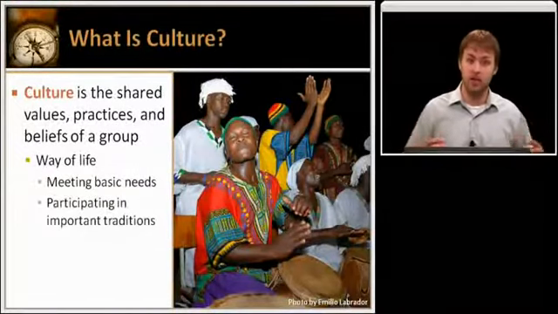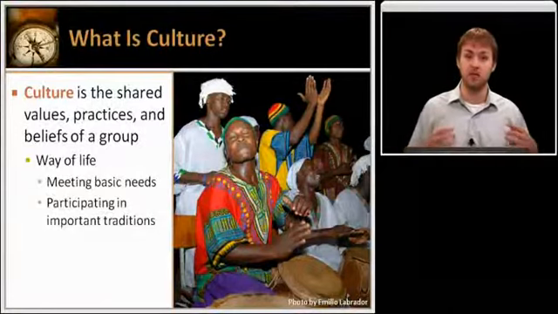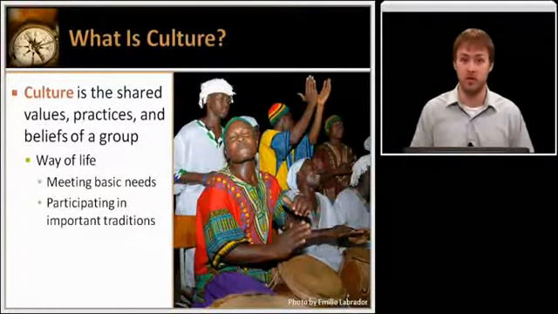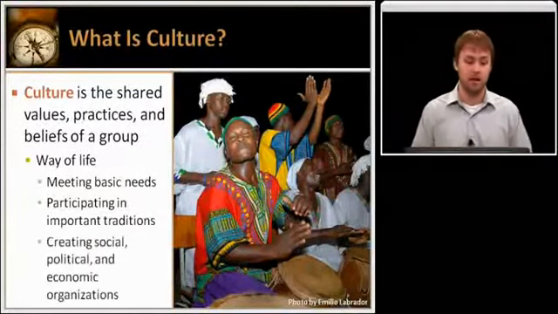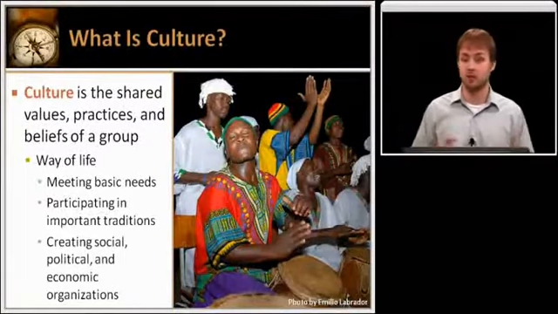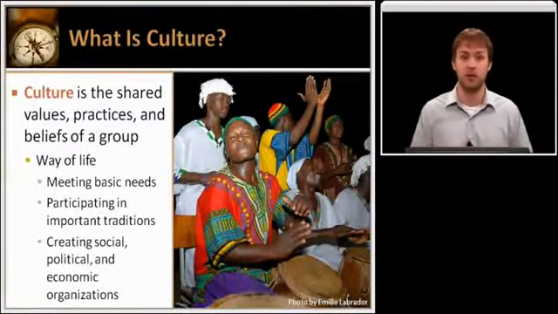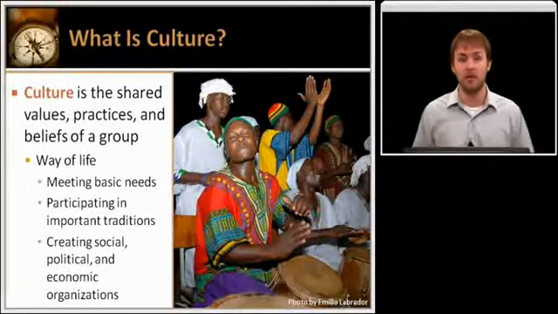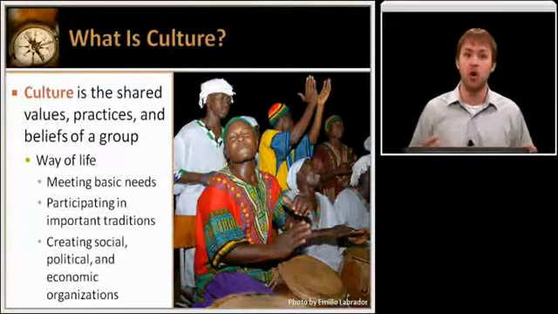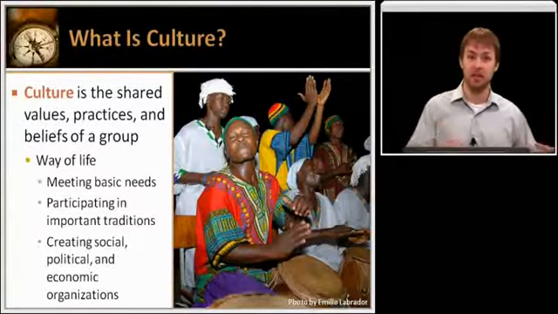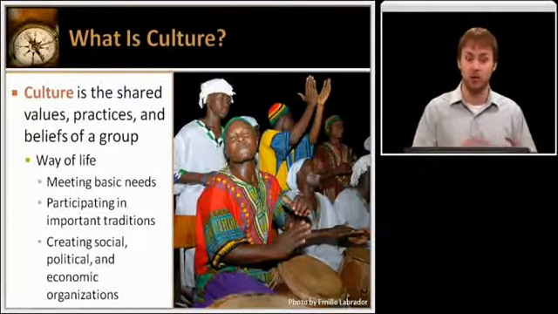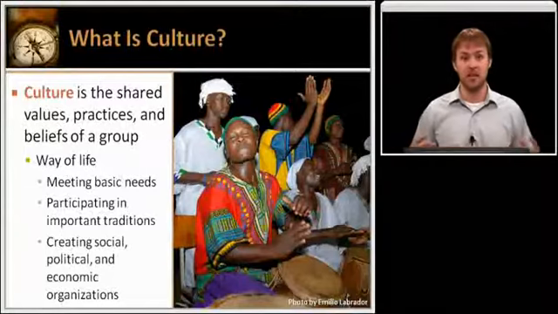It involves the traditions and customs, the types of celebrations and religious ceremonies that are involved in that culture. And it also involves different types of organizations, perhaps political and social and economic organizations. For example, in the United States, we have a very politically active culture. That political activism is part of our American culture. So consequently, we have many organizations that can facilitate that engagement, many economic, political, and social organizations that facilitate that civic engagement for members of the American culture.